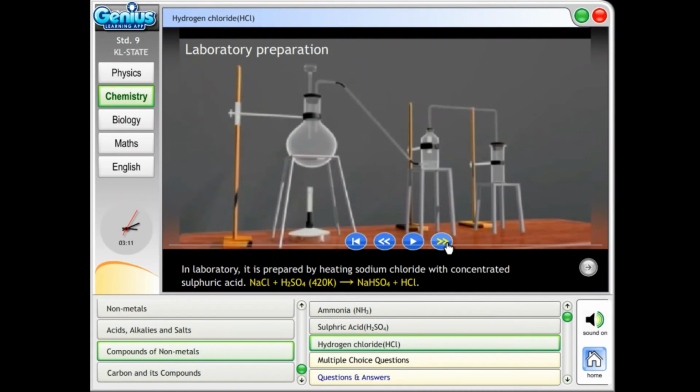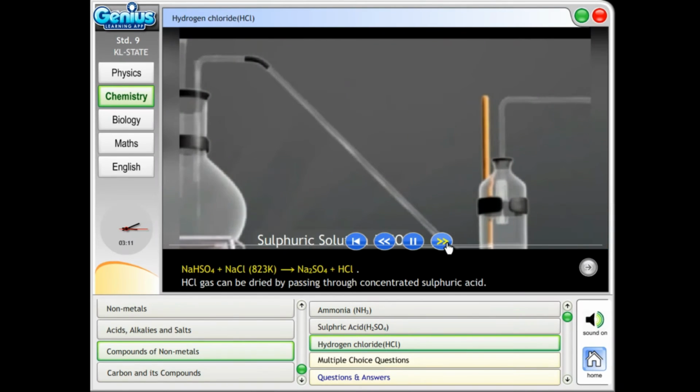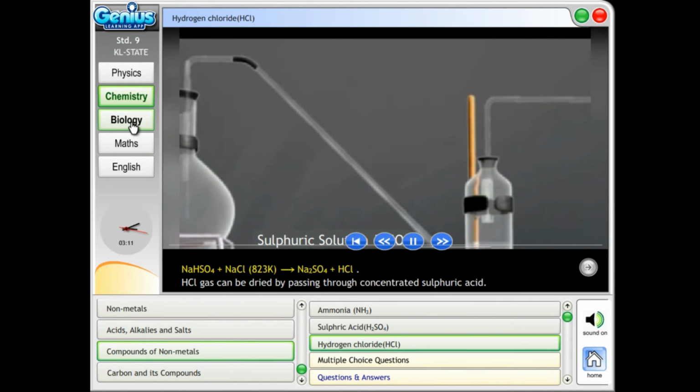Hydrogen chloride. In the laboratory, it is prepared by heating sodium chloride with concentrated sulfuric acid. NaCl plus H2SO4, at 420 K, gives NaHSO4 plus HCl; NaHSO4 plus NaCl, at 823 Kelvin, gives Na2SO4 plus HCl. HCl gas can be dried by